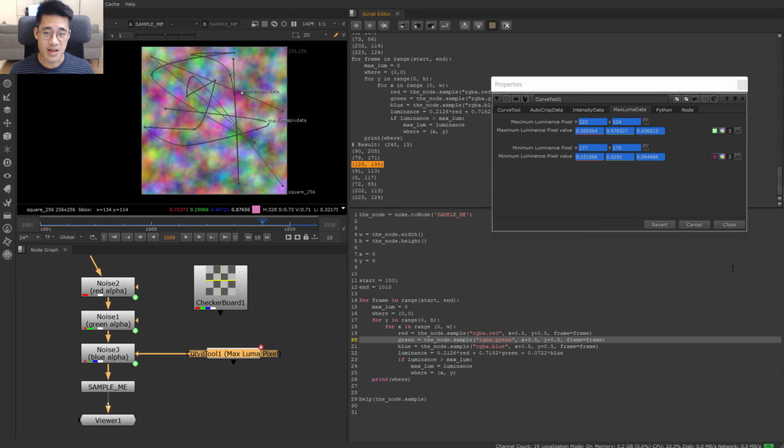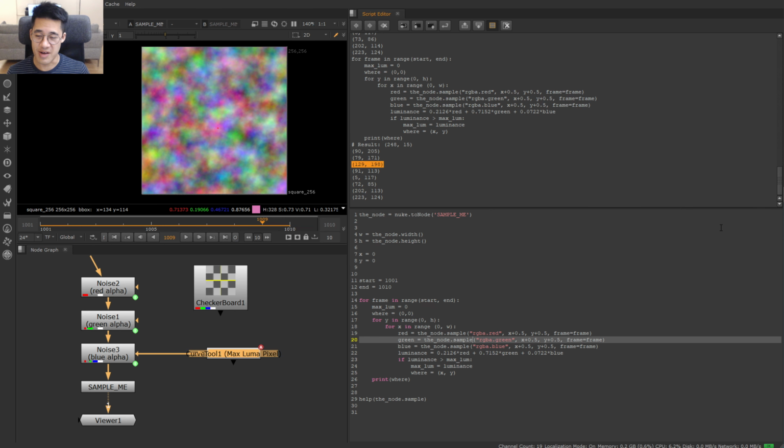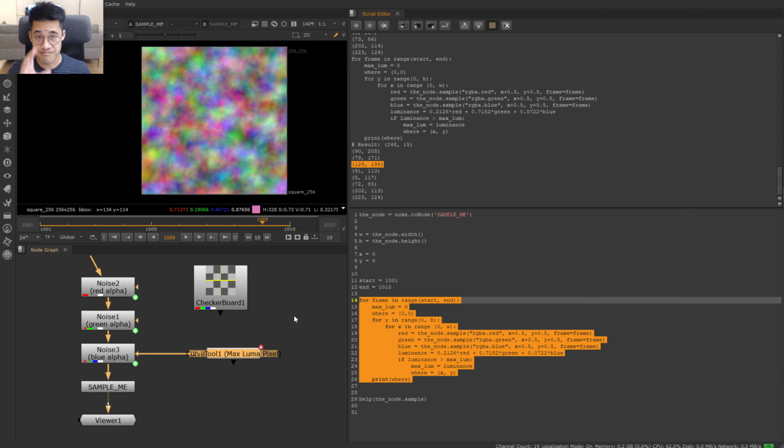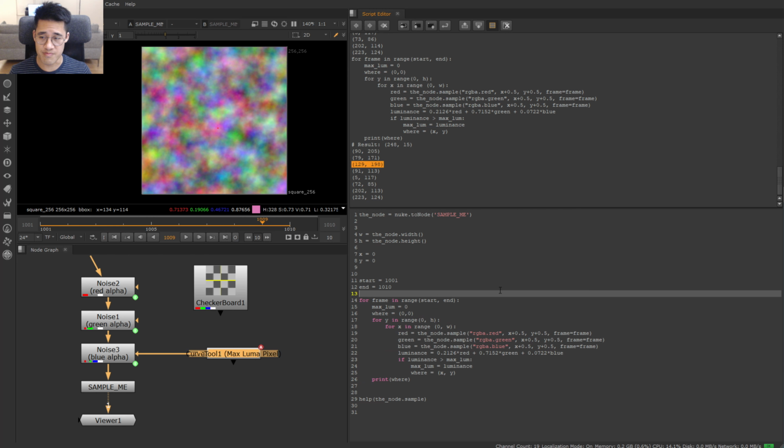So yeah, that's interesting. I'll leave that in. I'm not sure what's going on there, but play with it and do some cross-referencing. But yeah, that is a bit more of a dive into the curve tool, or more accurately, it's a dive into how you would build this using the sample. And I mentioned it's slow, so